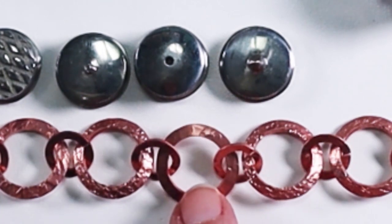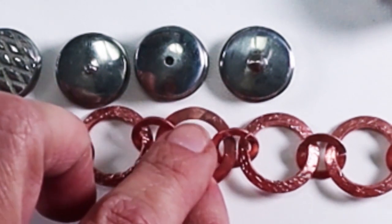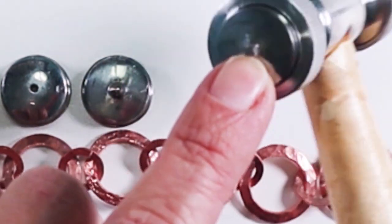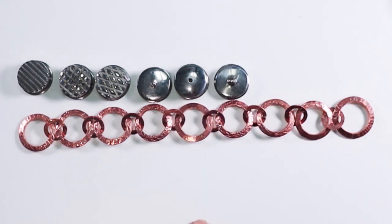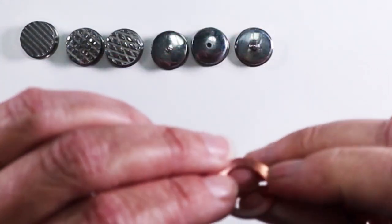And then this one was even more different in that it kind of made these debossed dots. It's a more subtle texture. This one was done with the square little head. And then these two were the regular hammer and the riveting hammer that I showed you. I did do an extra step on these, if you notice,